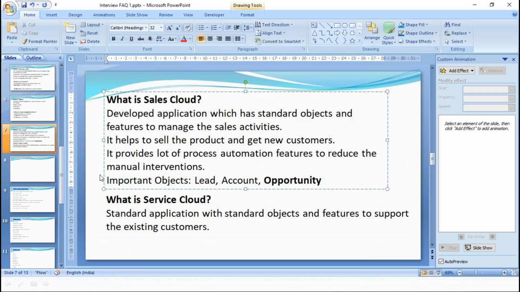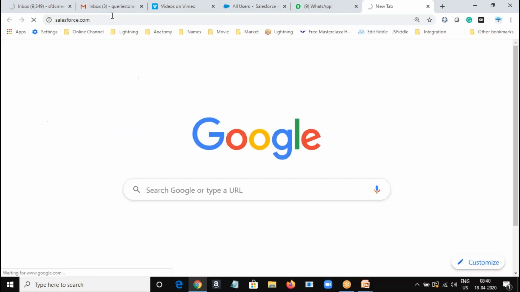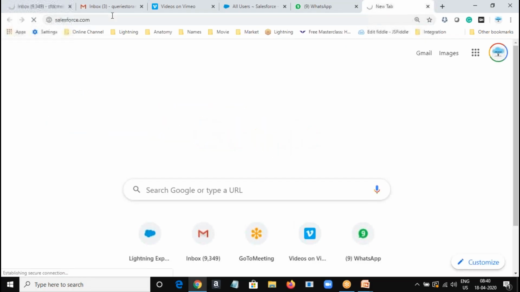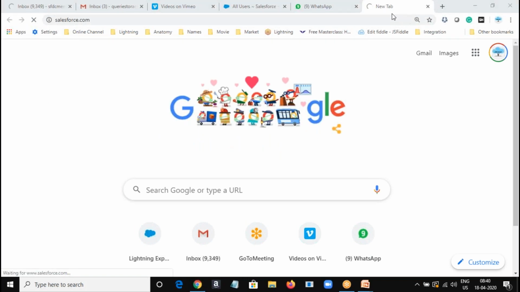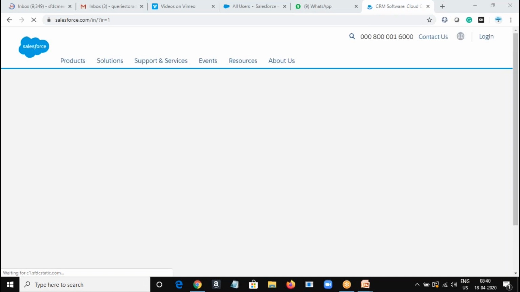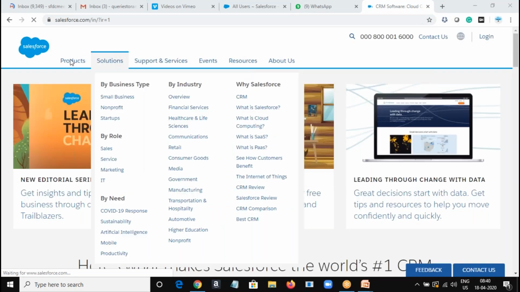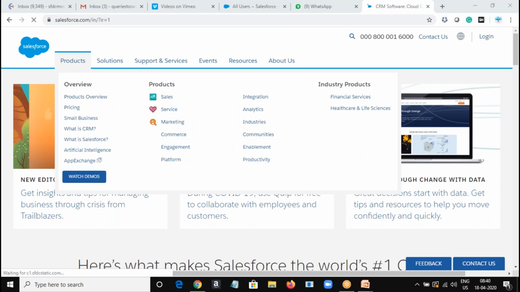You can visit the Salesforce site at any time and get to know what products we have in Salesforce in general. So knowing about the products is always important.